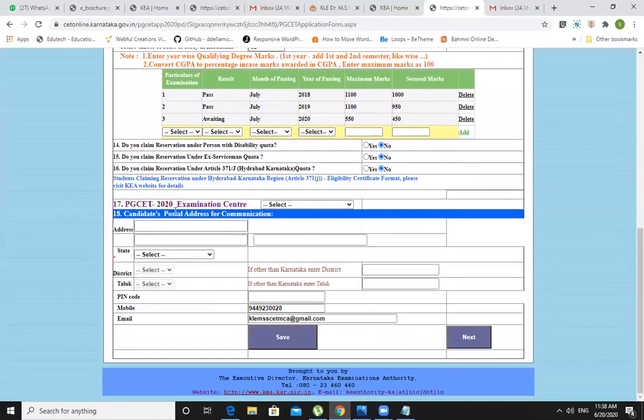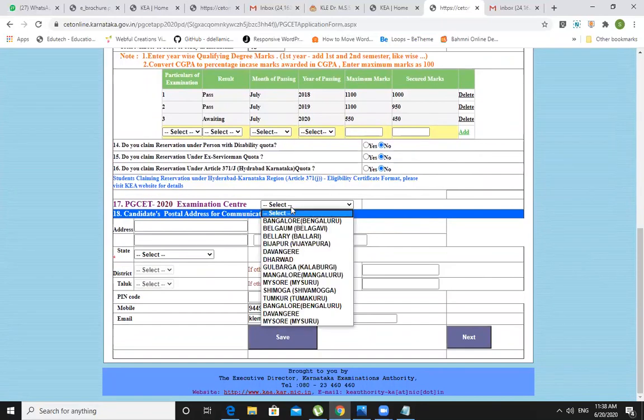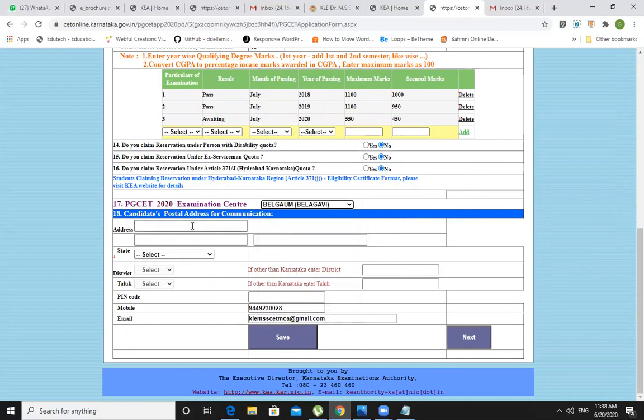And here, the PCT 2020 examination center: you need to choose where you want to write your PCT 2020 exam. I'll be writing in Belgaum or Belgavi. Then I'll write my address for communication, that is the postal address.